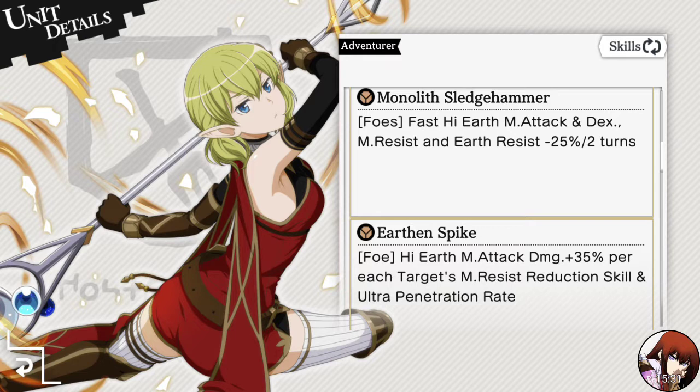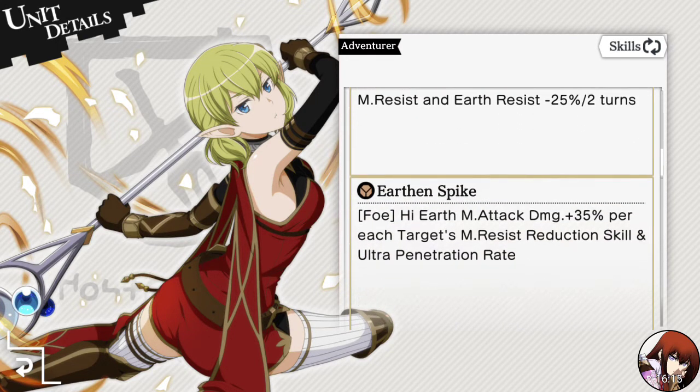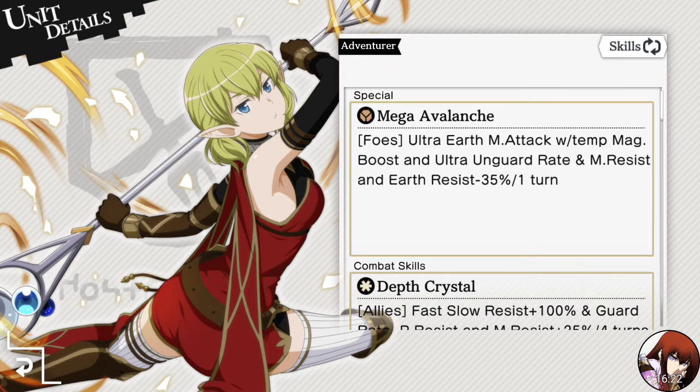So the second one is magic resist and earth resist minus 25. Okay, and dex also minus 25. It's pretty good, but the hit will not be hard because it's only high earth, no temporary boost. So the second skill is okay. Third skill for single is high attack per magic resist reduction, so she might be good for a magic team for Record Buster. Her third skill hits quite good,